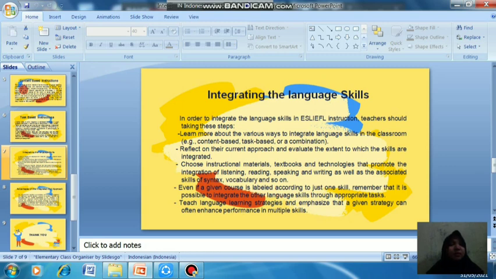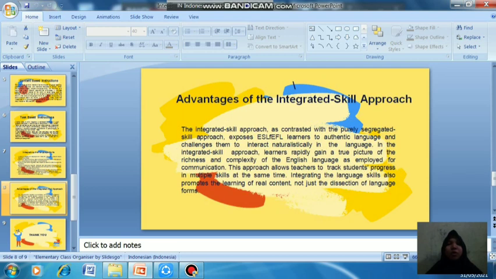And then the last, teach language learning strategies and emphasize that a given strategy can often enhance performance in multiple skills. Okay, and the last slide is about the advantages of the integrated skill approach. This integrated skill approach, as contrasted with the strictly segregated skills approach, exposes ESL or EFL learners to authentic language and challenges them to interact